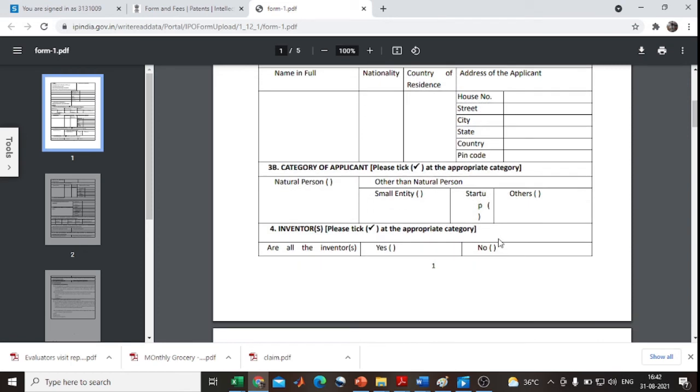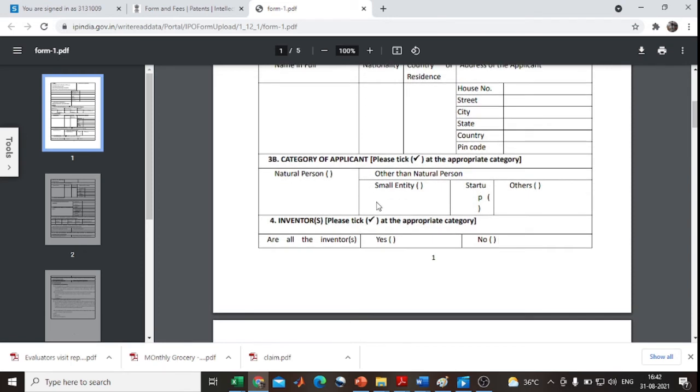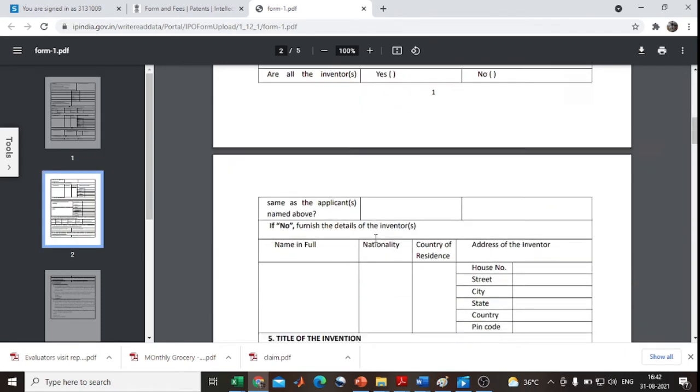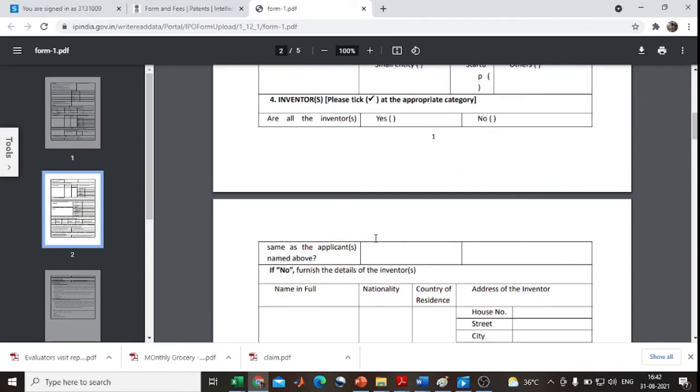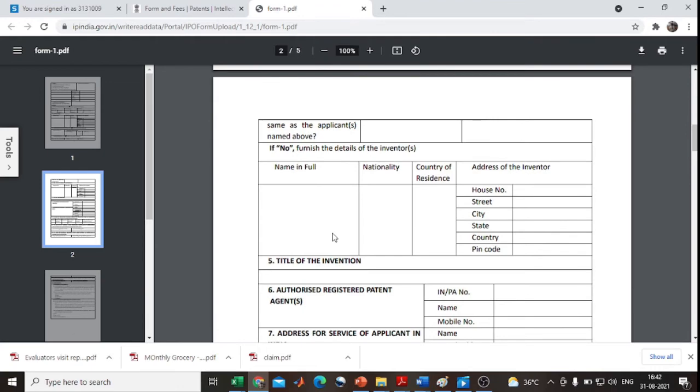Likewise, you can fill it. Okay. After that, you categorize your application as small entity, startup, or otherwise. Then inventors. You may list the names of all the inventors associated with making the component, because a number of persons may contribute to developing the invention, so you may fill their names in this area.